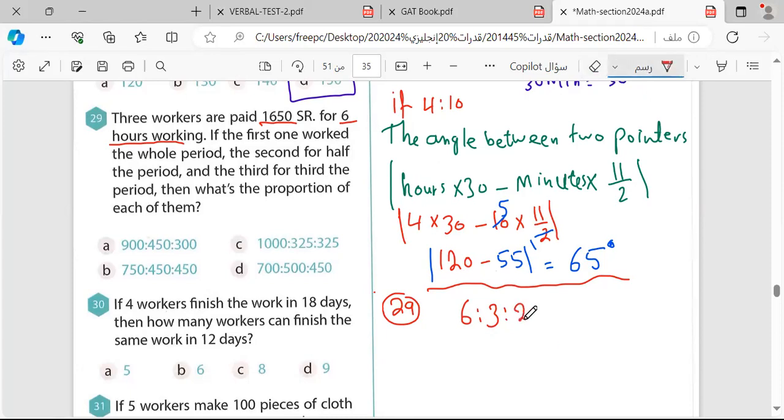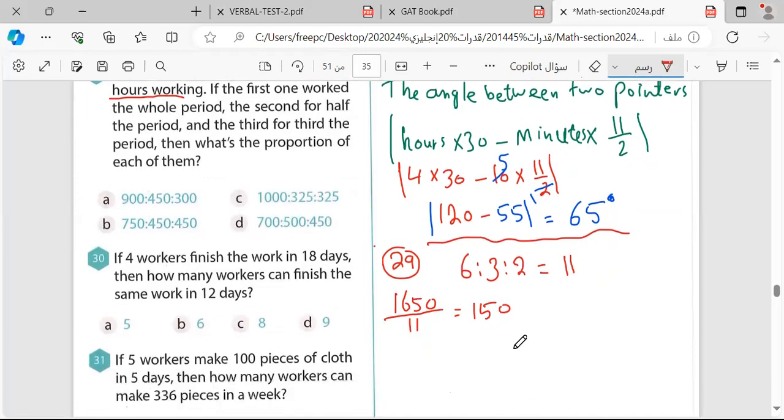Yes, it will be 2. Now if I have shares or a ratio, we add them. 6 plus 3 plus 2 equals 11. Then you divide it. 1,650 divided by 11 equals 150 reals for one ratio,